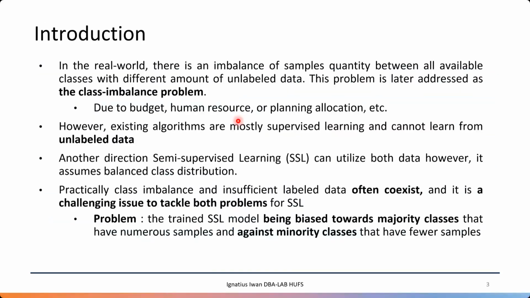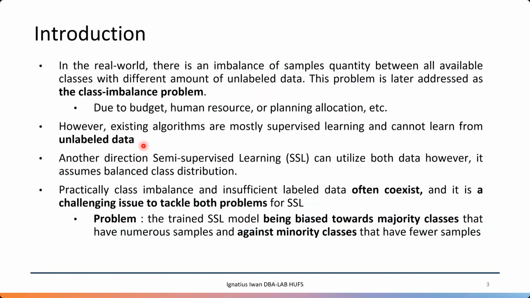As we know from many previous works, in the real world there is an imbalance of sample quantity between all available classes, with different amounts of unlabeled data. This problem is later addressed as the class imbalance problem. According to many previous works, it can happen due to budget, human resource, or planning allocation to label the data. However, existing algorithms are mostly supervised learning, or only utilize the labeled data and cannot learn from the